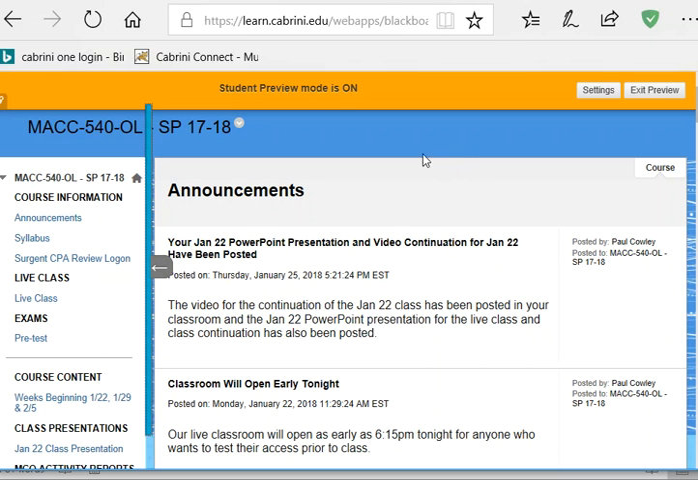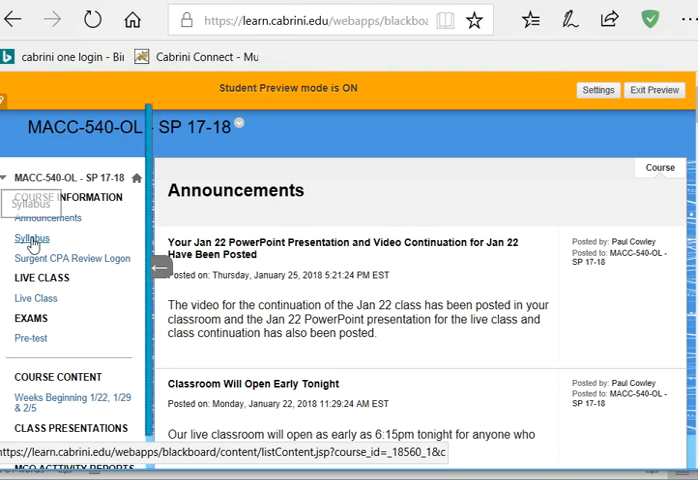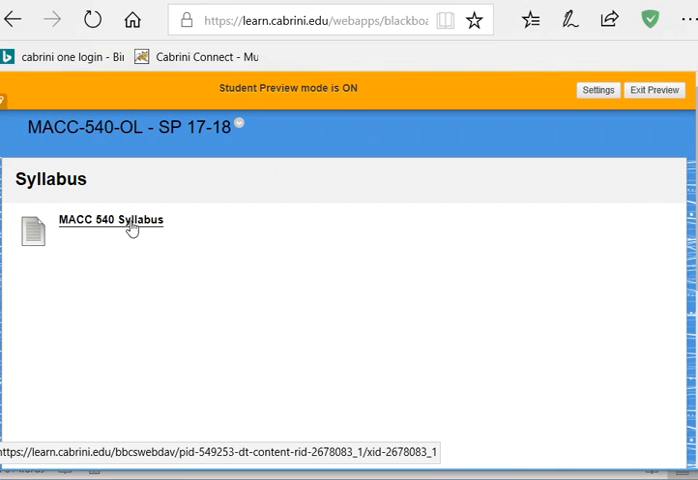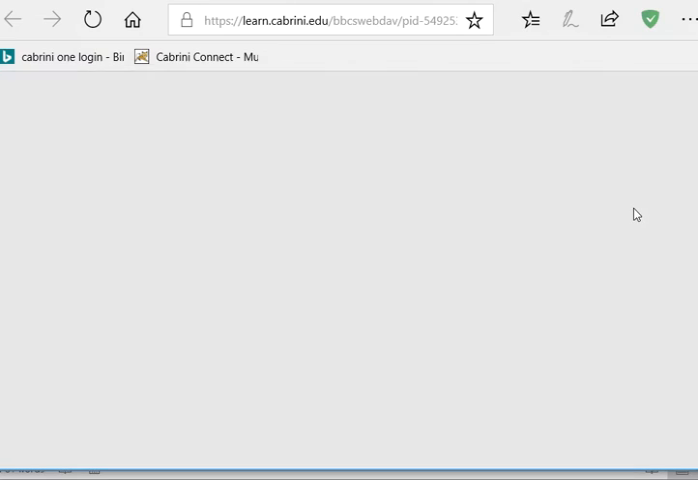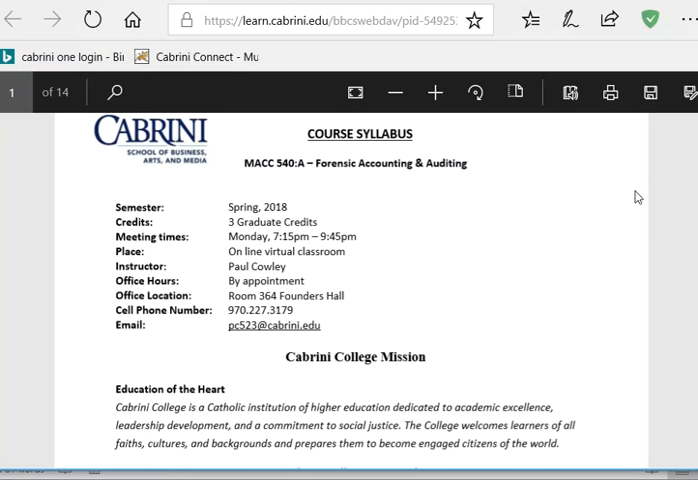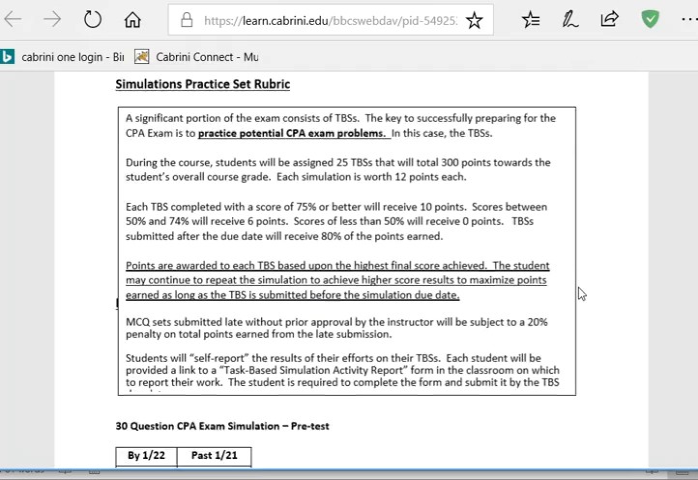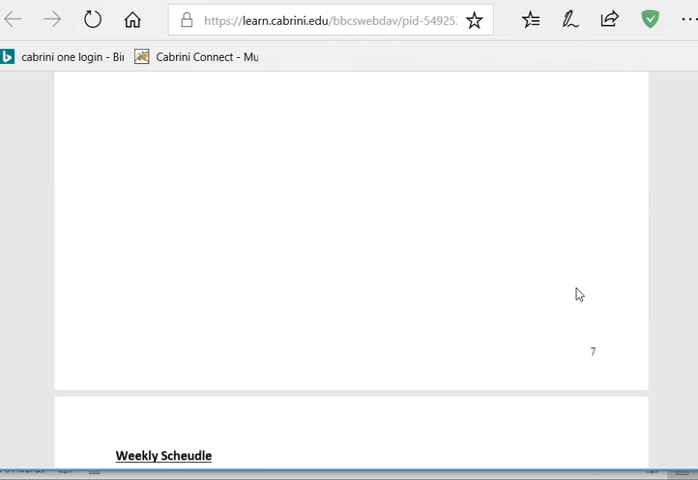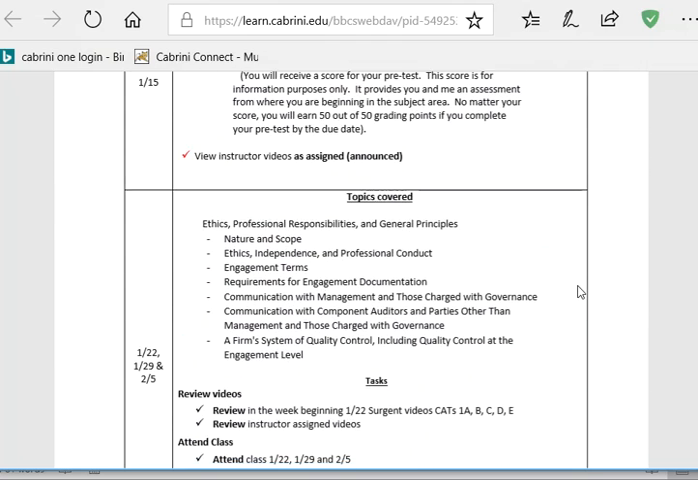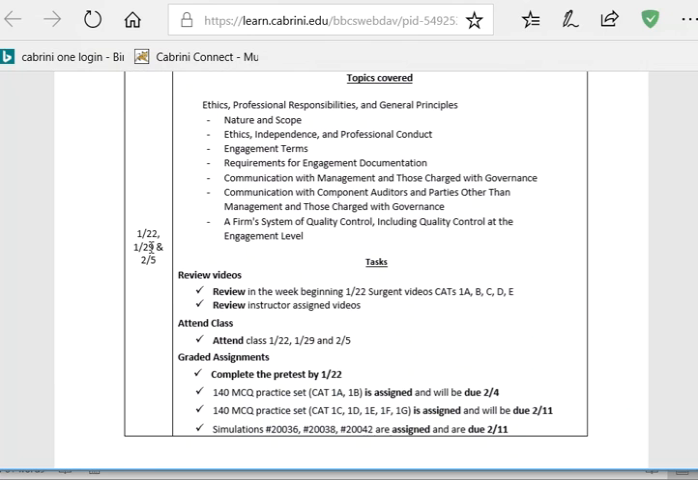Now the area that I'm interested in is the task-based simulations that I need to complete during a certain time period. So the first thing I can do is take a look at my syllabus. I click on the syllabus, and it brings up a PDF copy, and I can go through it to where the weekly assignments begin. Here under weekly schedule, we can see that for weeks 1/22, 1/29, and 2/5, we have been assigned and need to complete simulations